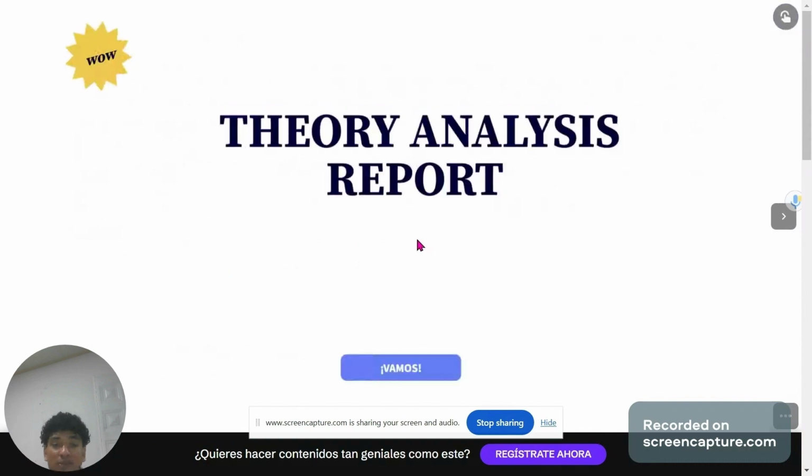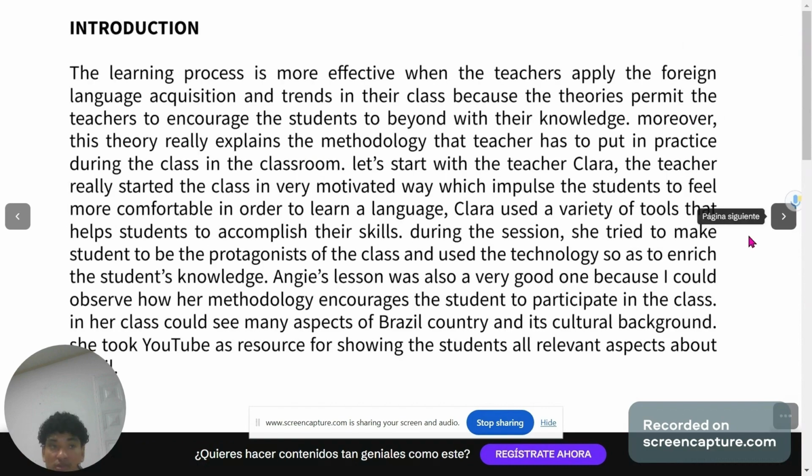Theory analysis report: it's important to mention that the theoretical analysis helps in language acquisition by guiding teachers to create more engaging and effective learning experiences, applying theories like behaviorism, innatism, and sociocultural approaches. This allows teachers to structure activities that increase student motivation and reduce learning anxiety. Moreover,